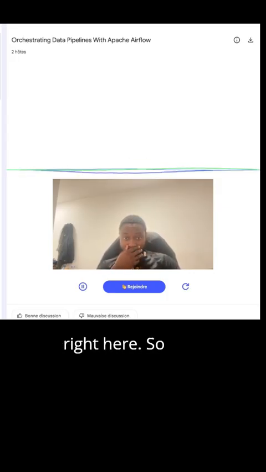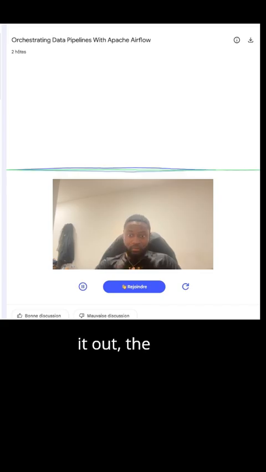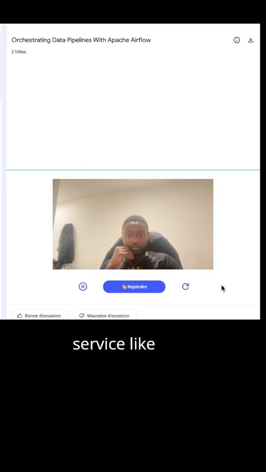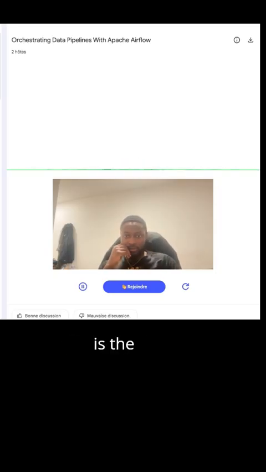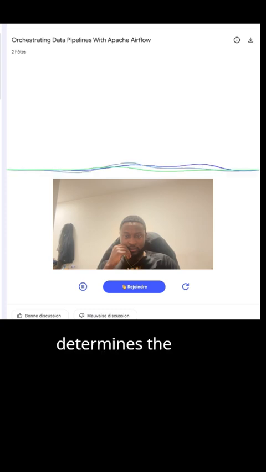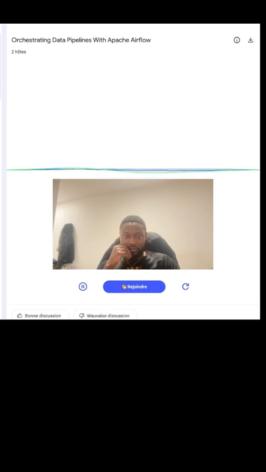The local executor is similar. It just uses Python's threading or multiprocessing libraries locally. It's the logic that says, don't send this out, just spawn a new process right here. So when you map it out, the executor is not a dedicated service like your Fast API backend or your Celery worker processes. It is the configuration and the specialized code within the scheduler's own process that determines the execution method.